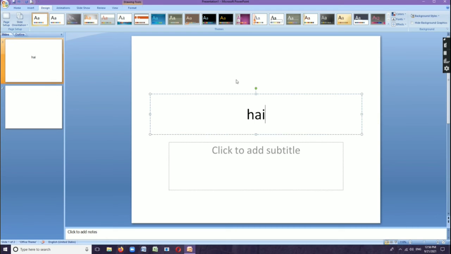The Slides pane is the main working area. It displays the slide which is currently selected. Okay, now here you can see the first one is the currently selected slide. And also a slide is a single page in a presentation. Each slide contains the information you want to present. The information may be in the form of text, images, charts, audio and video.